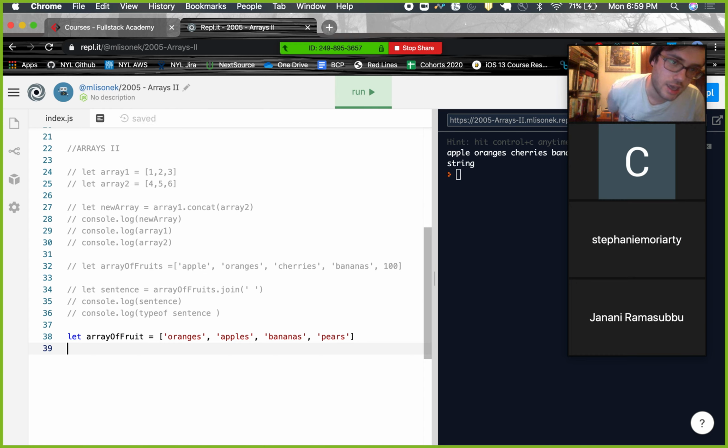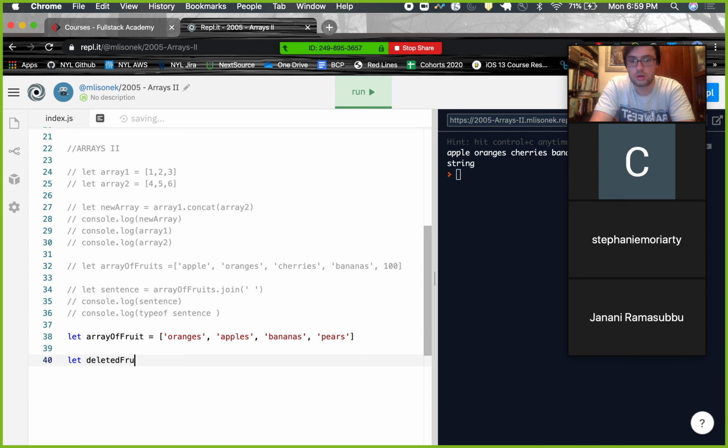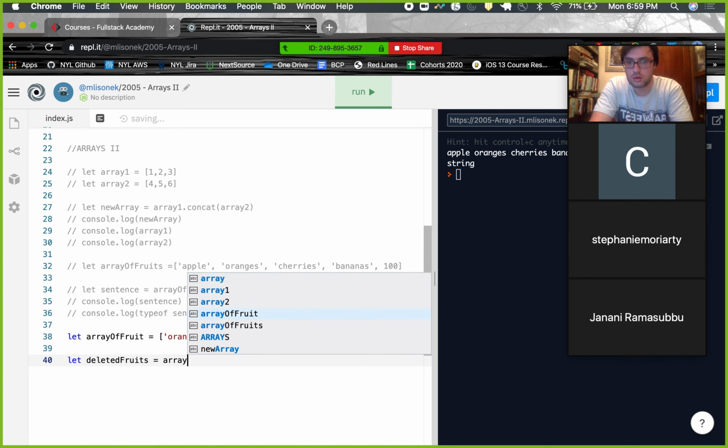Let's say I wanted to get rid of apples and bananas. You would do this by using splice, because that's what splice is for. So let's say I say let deletedFruits equal array of fruits